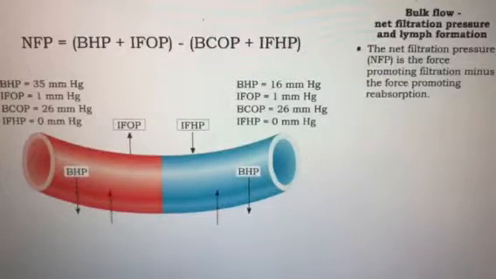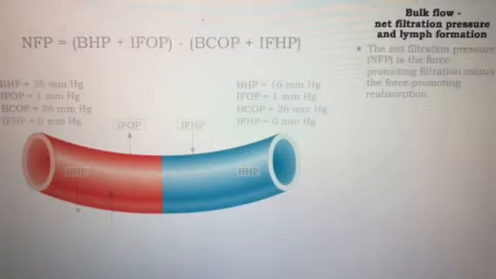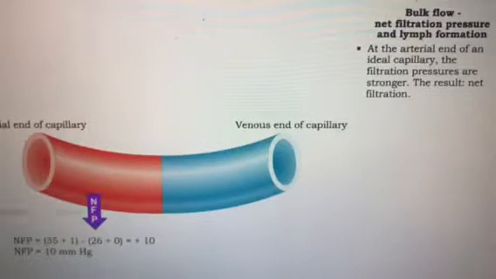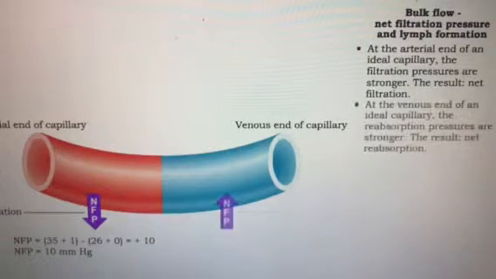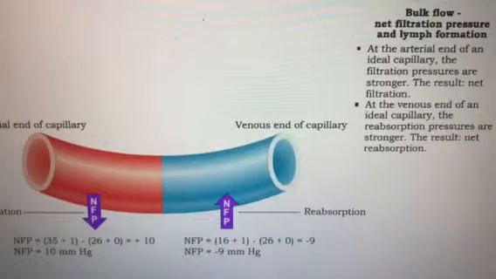The balance of the filtration and reabsorption forces, called net filtration pressure, determines whether blood volume remains steady or changes. At the arterial end of the capillary, filtration pressures are stronger by 10 millimeters of mercury. At the venous end, reabsorption pressures are stronger by